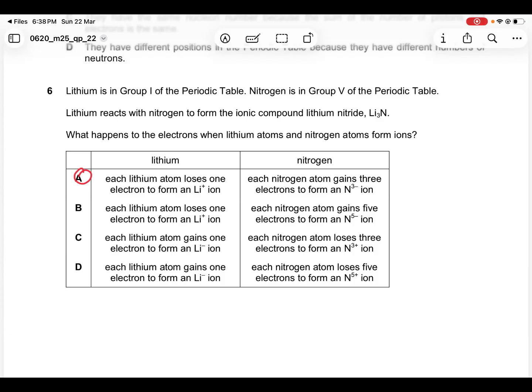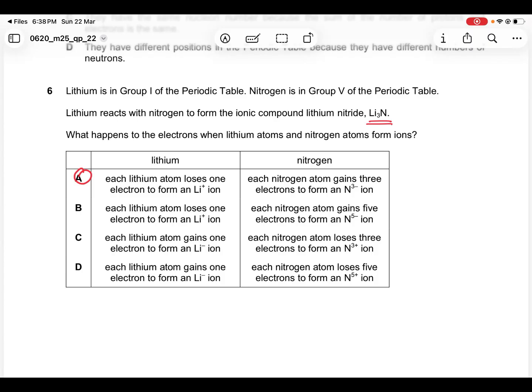Lithium is from group 1 of the periodic table, and we know that group 1 are metals and nitrogen is a non-metal. So lithium will definitely lose an electron from its outer shell, and nitrogen has to accept the electrons. Now, as we know that nitrogen requires 3 electrons, and also the formula is given to us here, each nitrogen atom is going to accept 3 electrons from lithium, and hence A is the